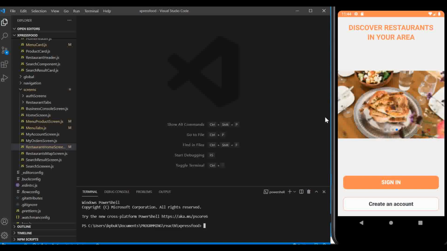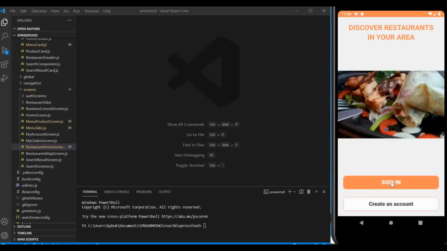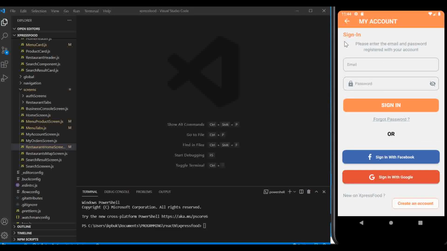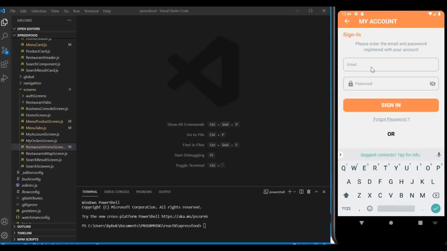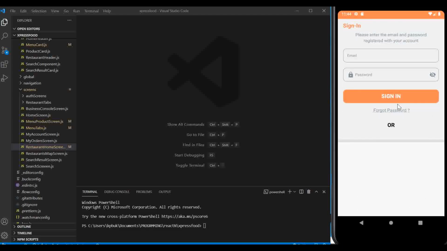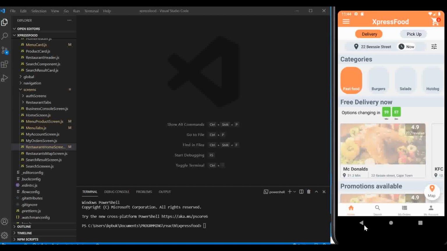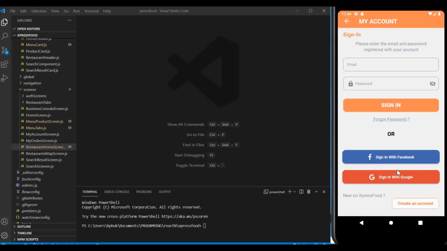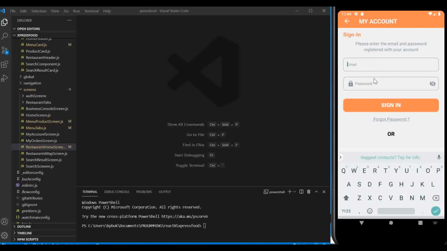Without any further ado, what we're going to build today: you should have the app like this, but so far we have not implemented the authentication. We have the UI, but if you just click on sign in, then you will be signed in to the app, which is not the right way to do things. So what we're going to do is implement the authentication so you can authenticate users with email